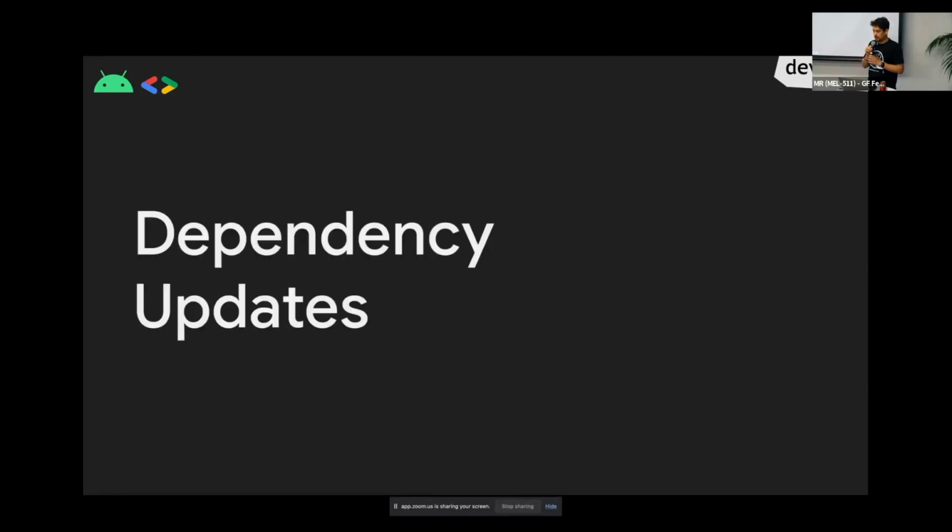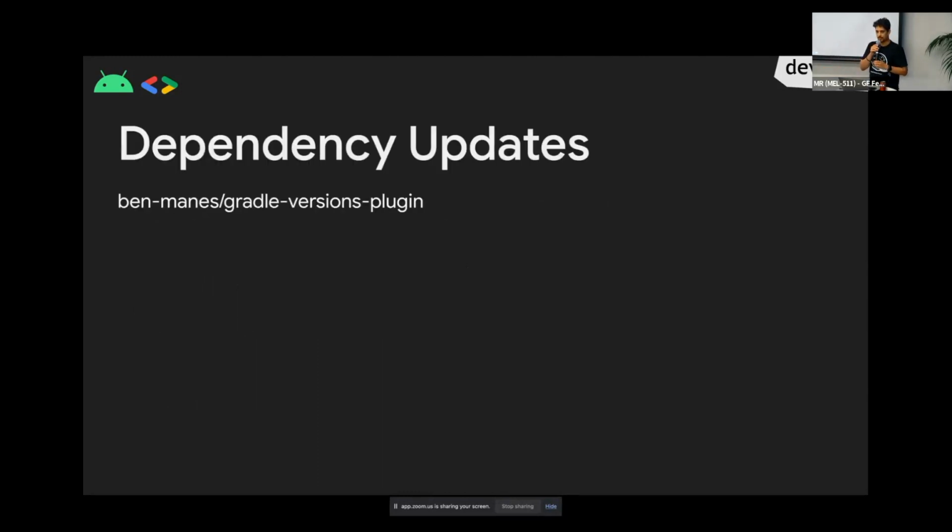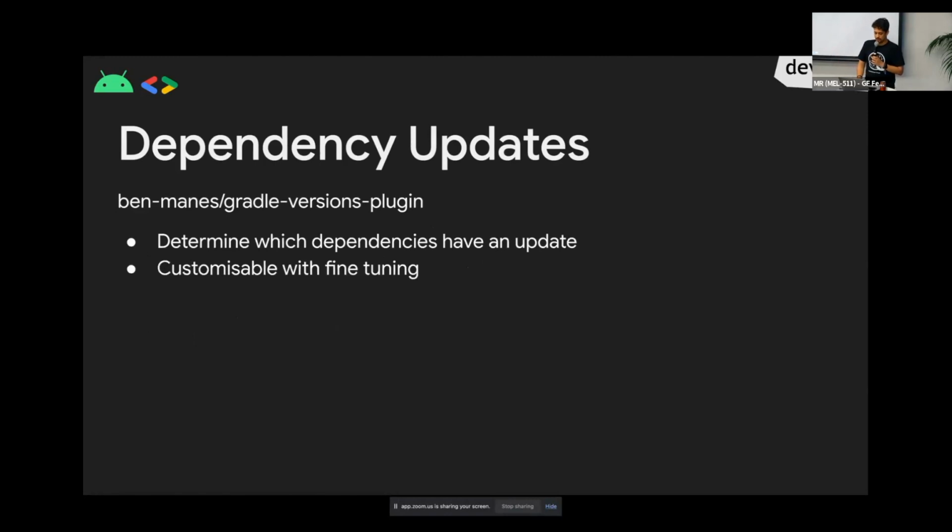As a quick bonus content, dependency updates are important. In my recent project, I've set up a cron job on my CI server, which once a month uses the Gradle versions plugin by Ben Manes. It determines which dependencies need an update and which ones are up to date. This plugin is very customizable.